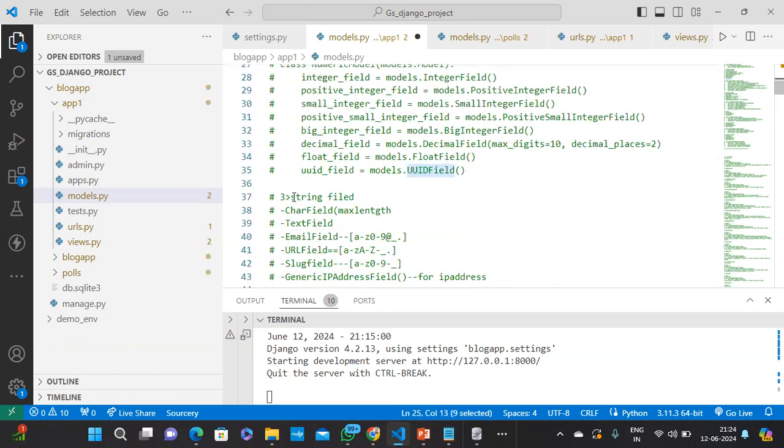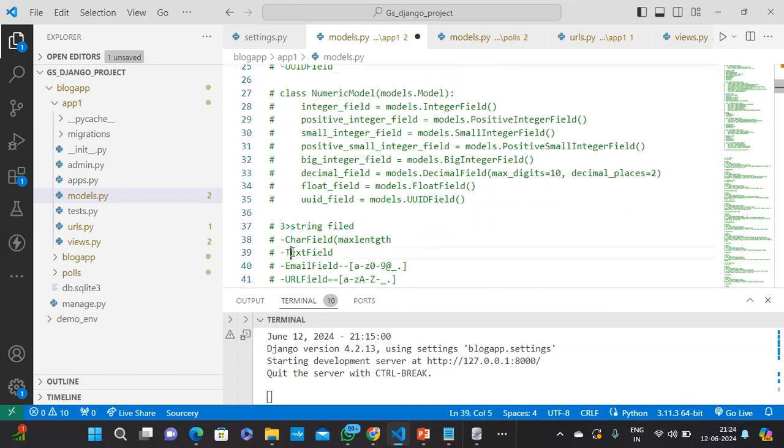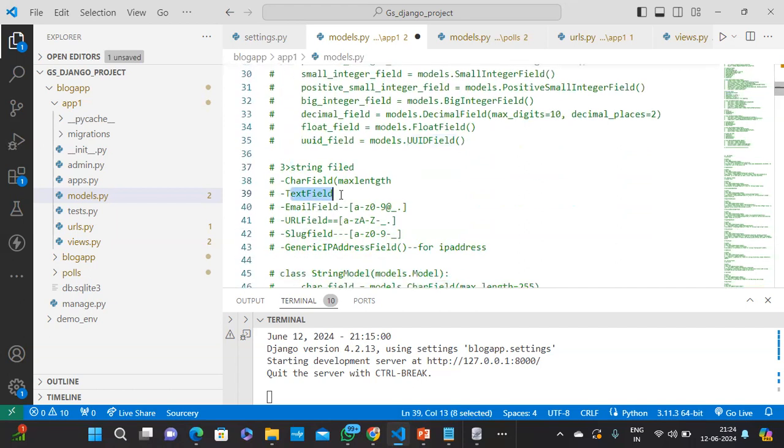Then next is string field, string data you want to store. Inside string, text I already showed you, because as per requirement I am using the text field. As per your requirement, try to understand the character field. What is the purpose of use? Then you can use the text field. So the character field, string field inside, text field, email field,